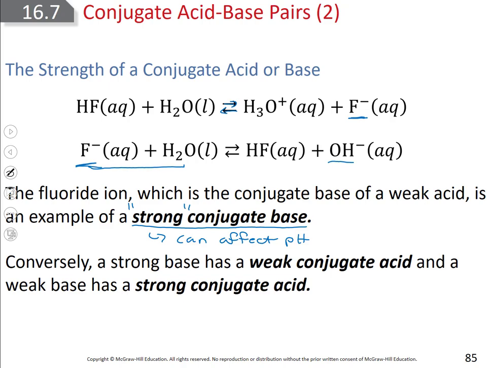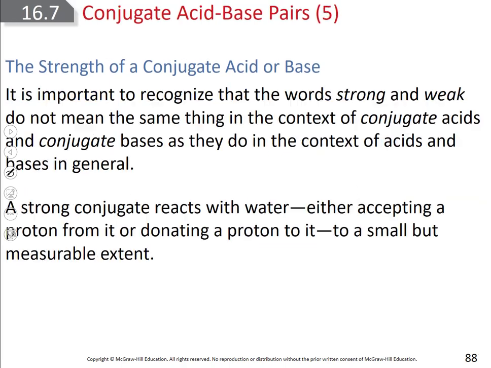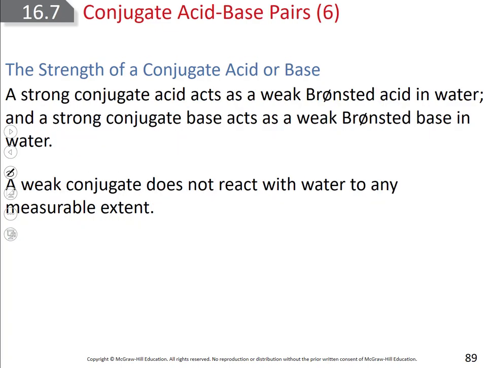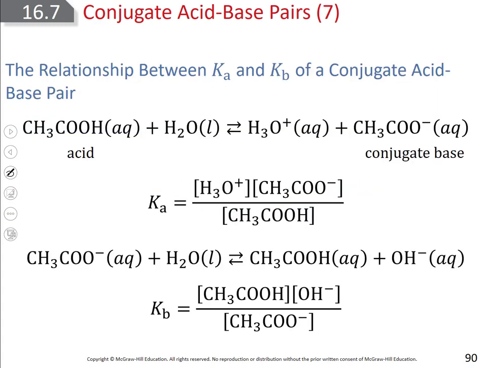We're going to have to calculate it from the Ka of the acid we started off with. So next we're going to talk about what is the relationship between the Ka and the Kb when you're dealing with the conjugate acid-base pair. So let's write this out for a weak acid. So this is acetic acid,